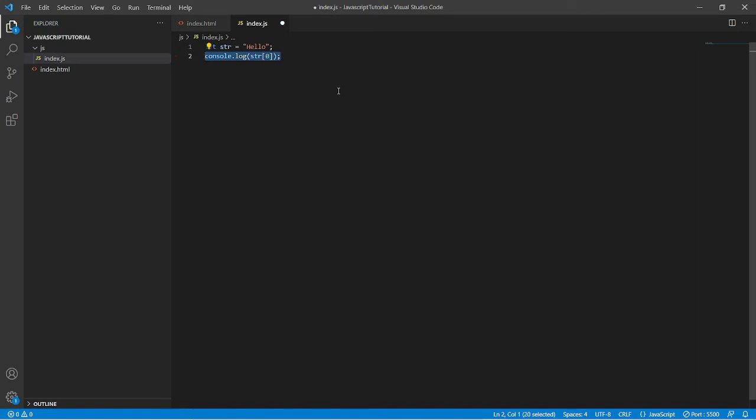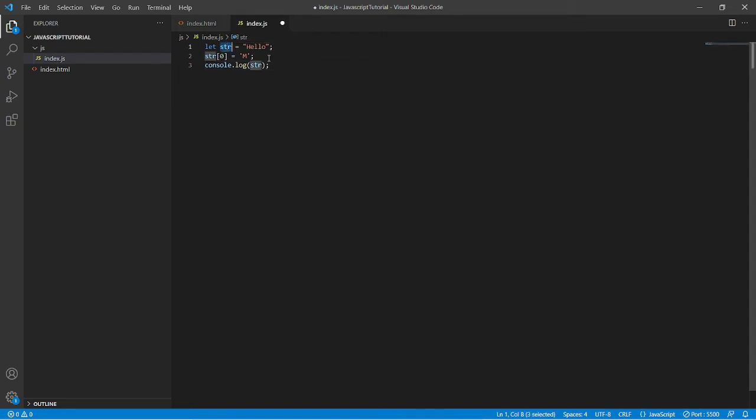But can we change it by reassigning the value at the first, or the 0th, index? Let's try that. At 0, we write M, and then we try to print the whole string. First of all, let's understand what we have done here.